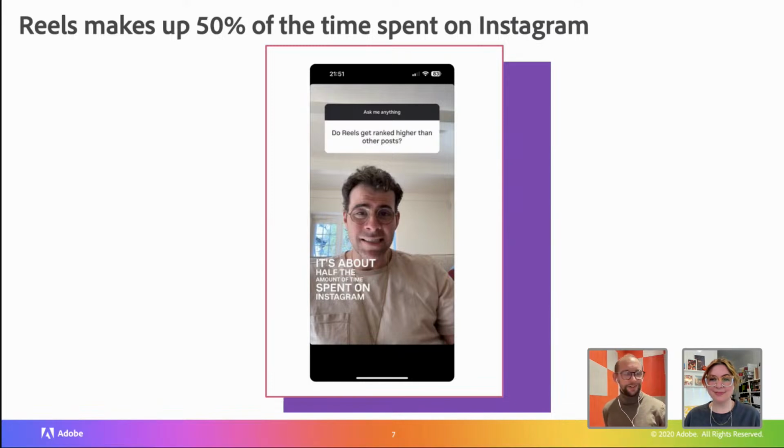Like any great politician or business leader, he doesn't answer the question, right? But he does answer it with an interesting tidbit of information, which helps us infer, yeah, probably Reels do get ranked higher, because if they've grown that quickly, it's only because they're getting prioritized.